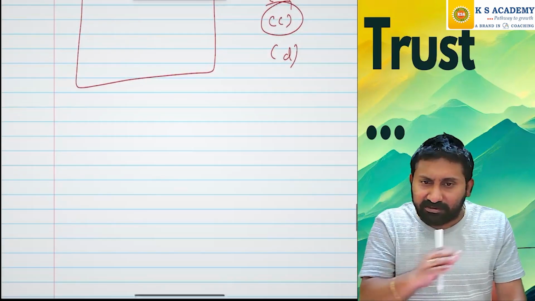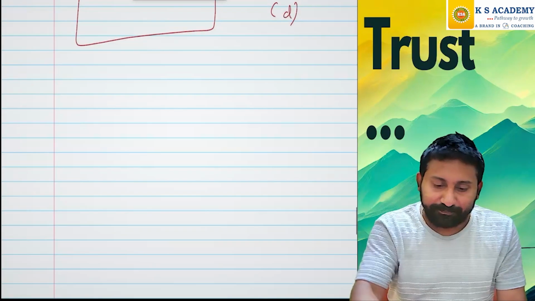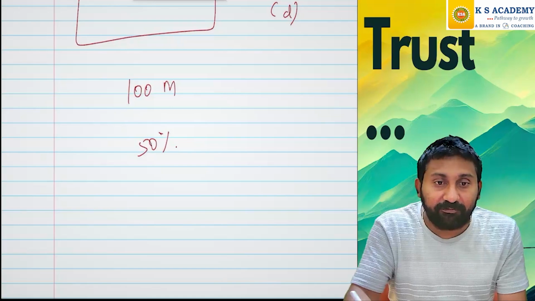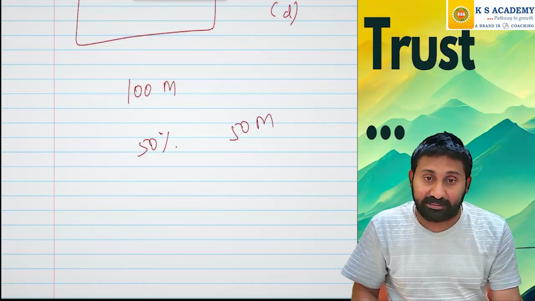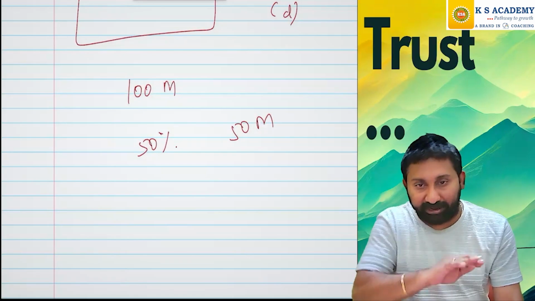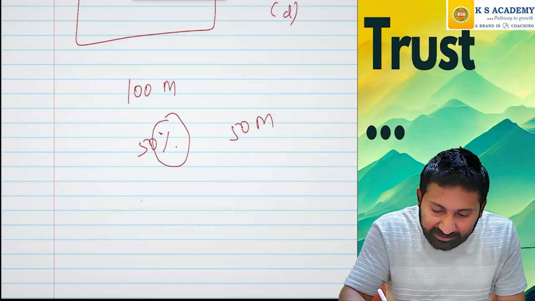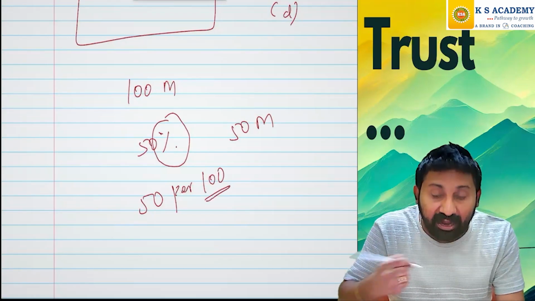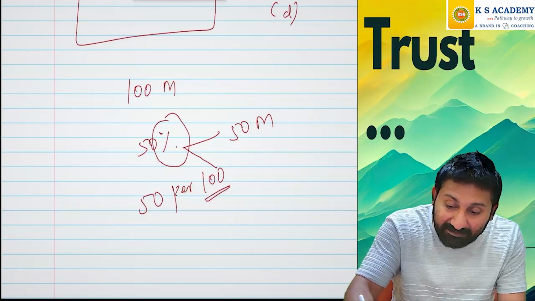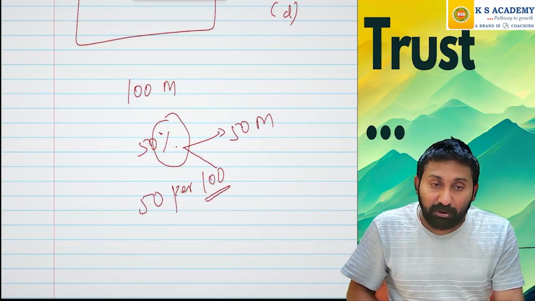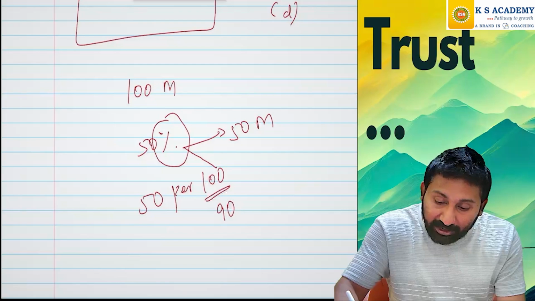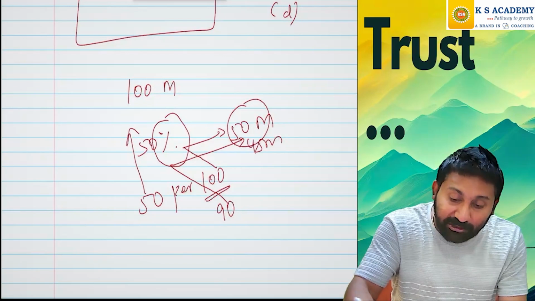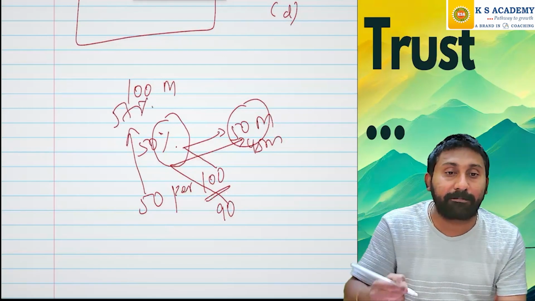Okay, with the last 1 minute of this logic I will stop. A 100 marks question paper will come. You need to get 50%, which is 50 marks, to qualify that paper. When I say 50 percent, it means 50 out of 100. If you attempt for 100 marks, your 50% will become 50 marks. If you attempt only for 90, your 50% marks will become only 45. To get 50 marks, your accuracy level should go beyond 50, somewhere around 57%.